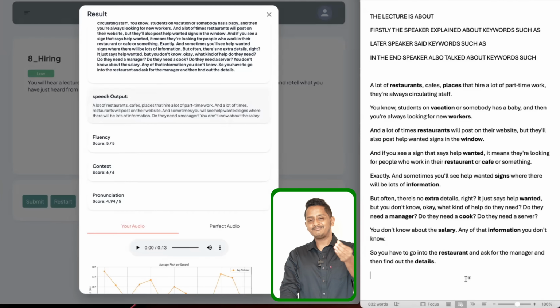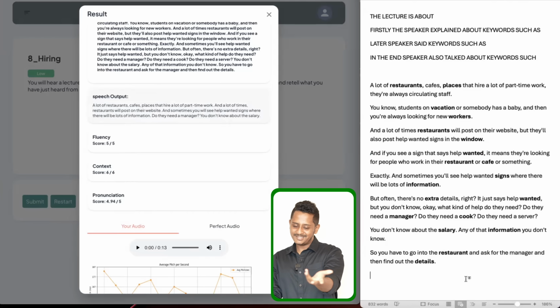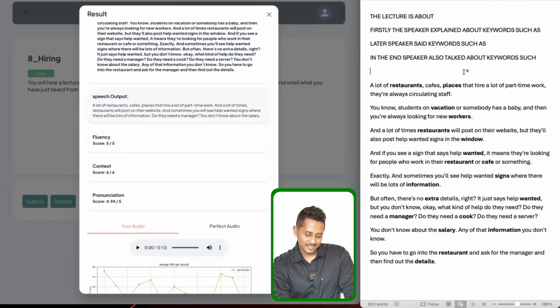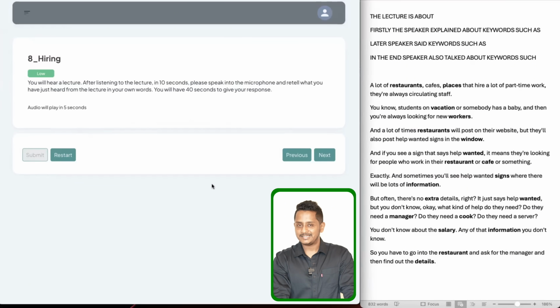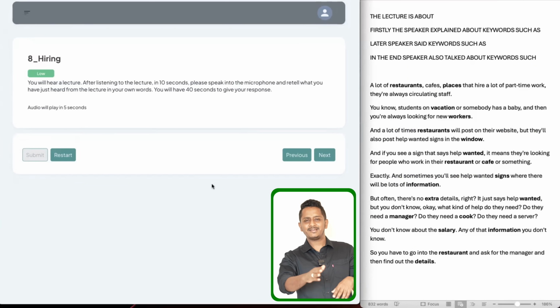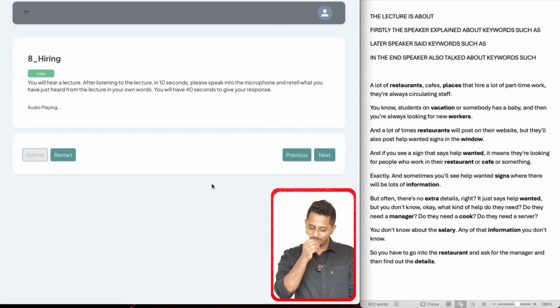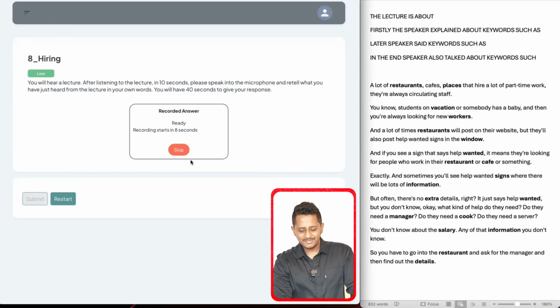So what I'll do, I'll just play the audio, and then we'll wait, and then I'll speak this and we will see. And also I'll make sure I speak this template, and we will see how many marks I get. Let's start. We'll just cut this audio and directly take you to the skip option. Alright, the audio has just ended. We have trimmed that part. I'm just skipping it. We'll just start.